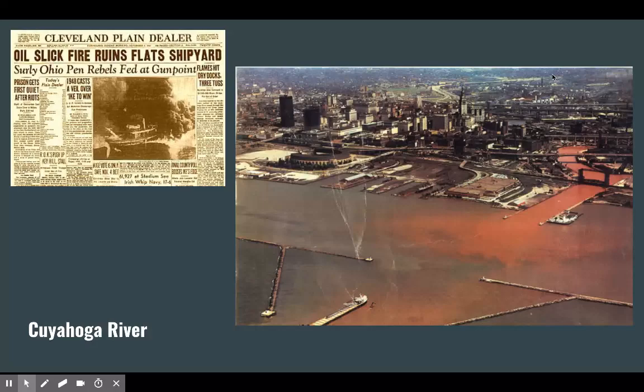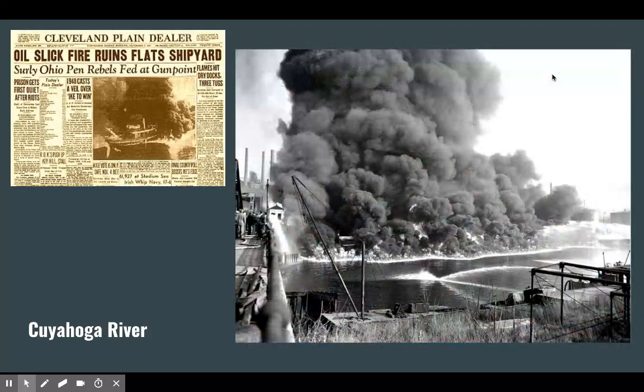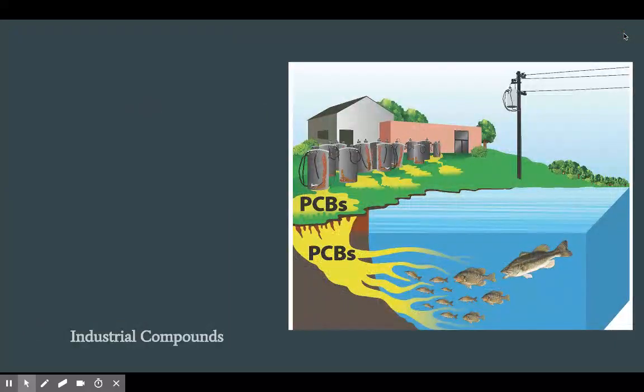And this led to a movement to clean up America's waterways. Today, the Cuyahoga River and a lot of other rivers in the U.S. are much cleaner because of legislation that substantially reduced the amount of industrial and other waste that can just be dumped into a river. So there you can see the fire in 1969. And again, unfortunately, it's bad events that happen which allow us eventually to act.